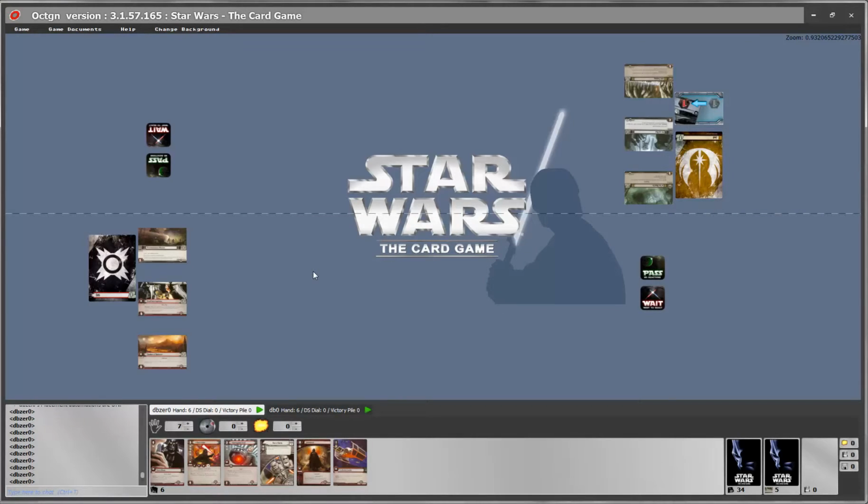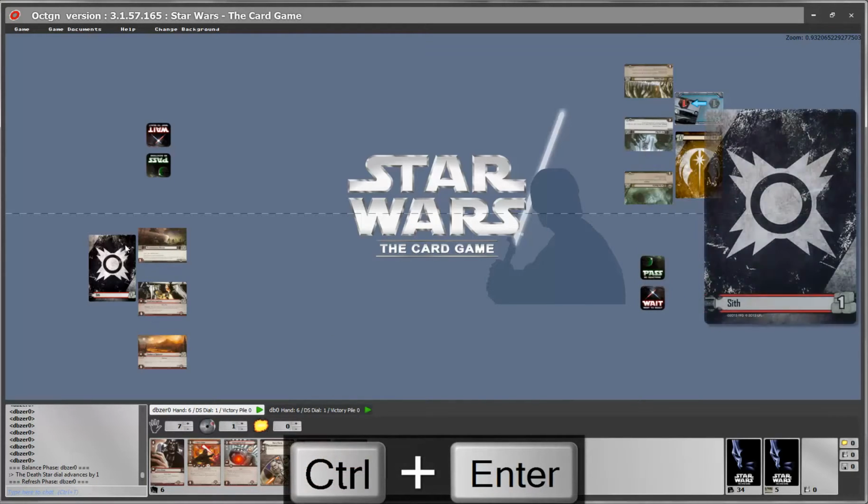Okay, since this is the dark side player's turn, we're going to start with the balance phase. As soon as you go to the balance phase, the Death Star will increase by 1, as is according to the rules. And since we don't have the balance of the Force, the Death Star would be increased by 2. Since there's nothing we can do in the balance phase, we go directly to the next phase.